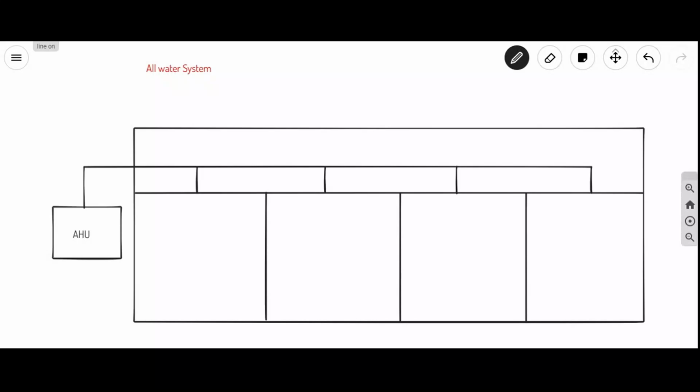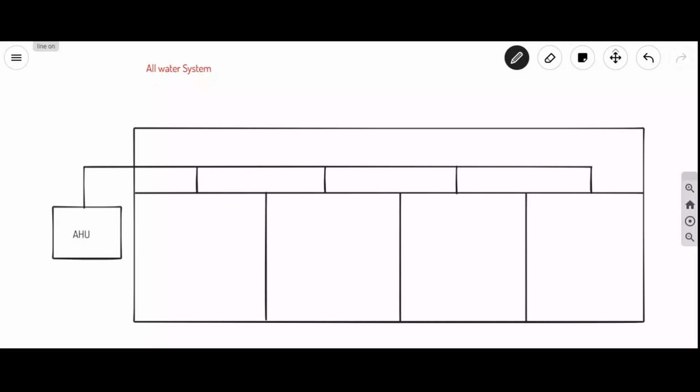No, right? So if you connect one AHU with 100 rooms, will the energy be wasted? Yes. So to eliminate that,